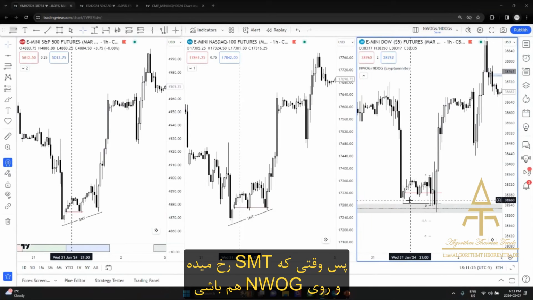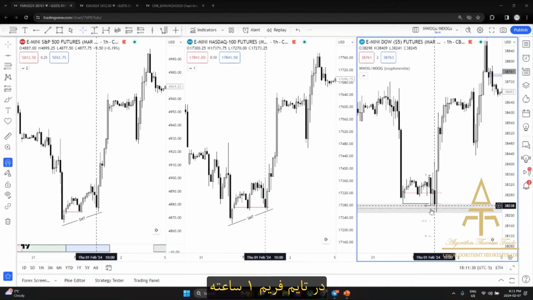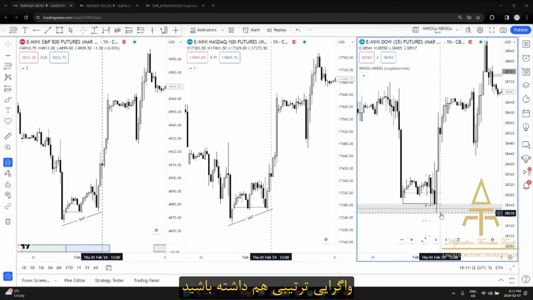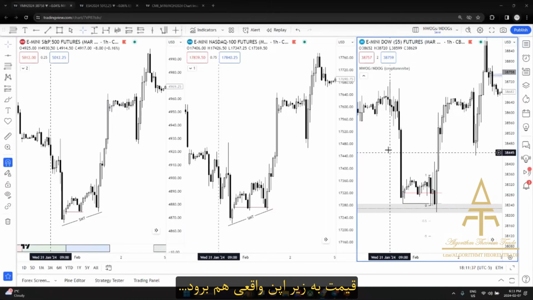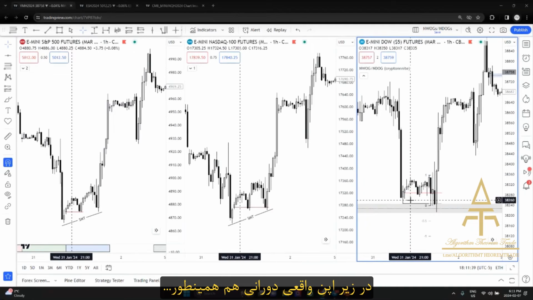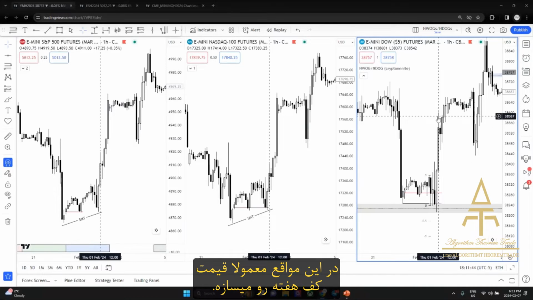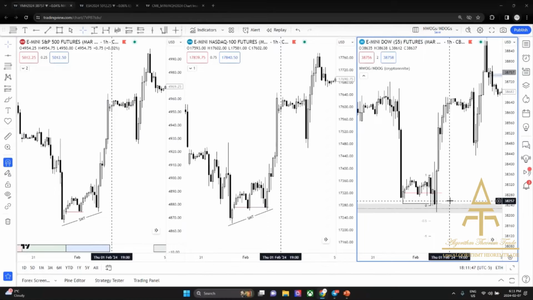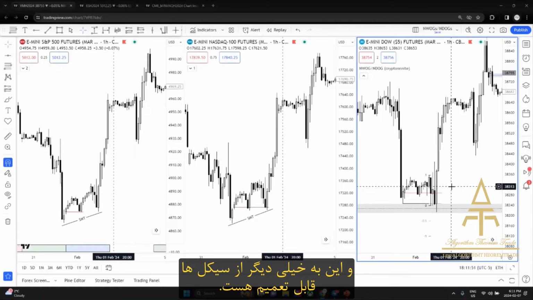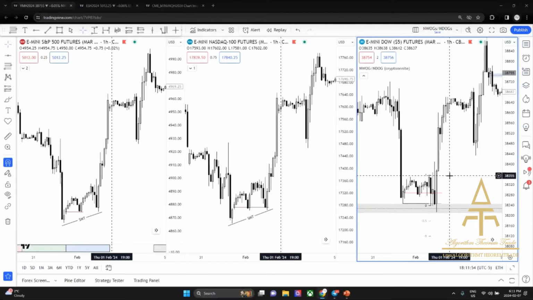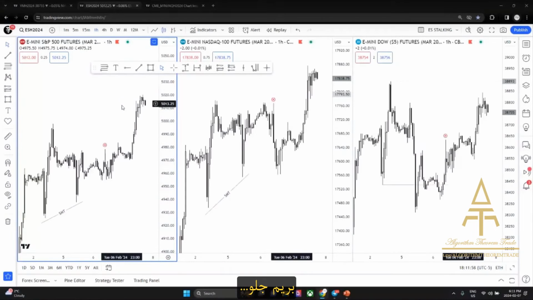So when you have SMT at a new week opening gap on the 1 hour time frame, sequential SMT at that, price trading below the true open as well as the revolving true open, right? That's when price is going to make the low of the week more times than not. And this is applicable to many, many cycles, right? Going forward,